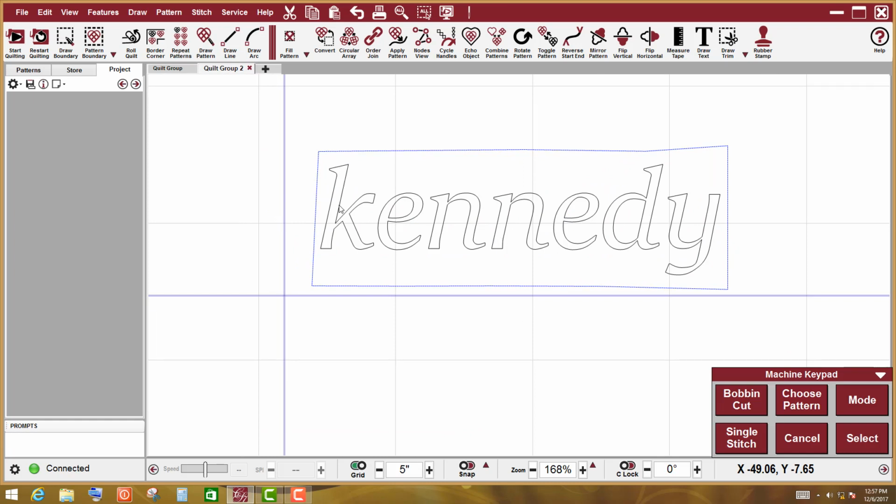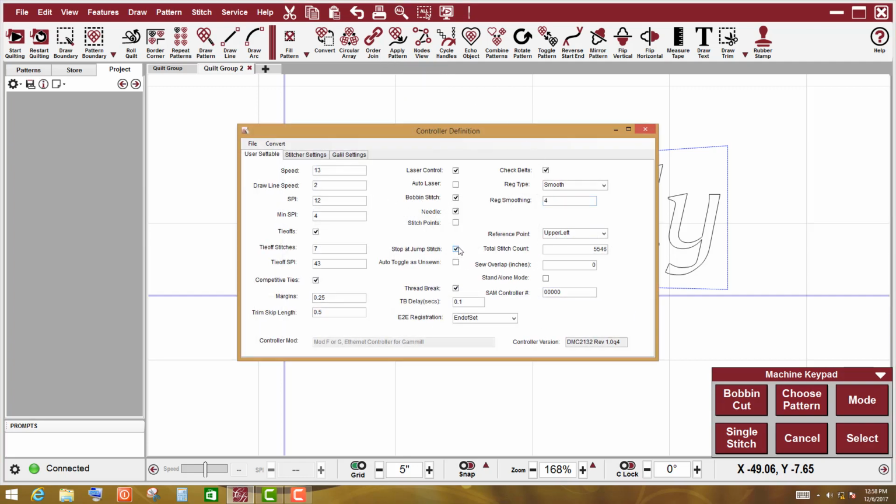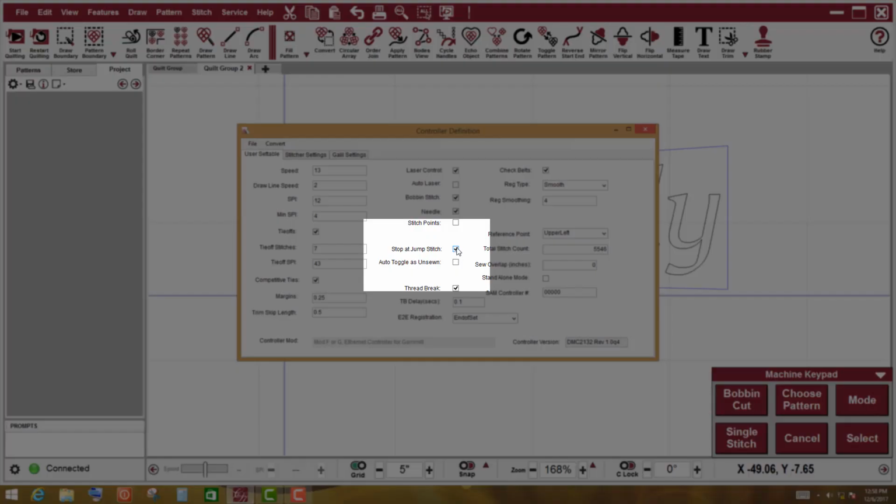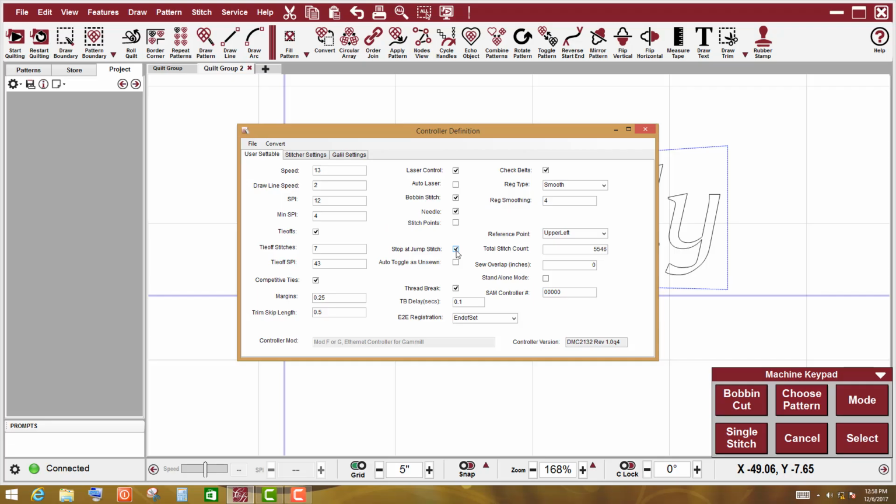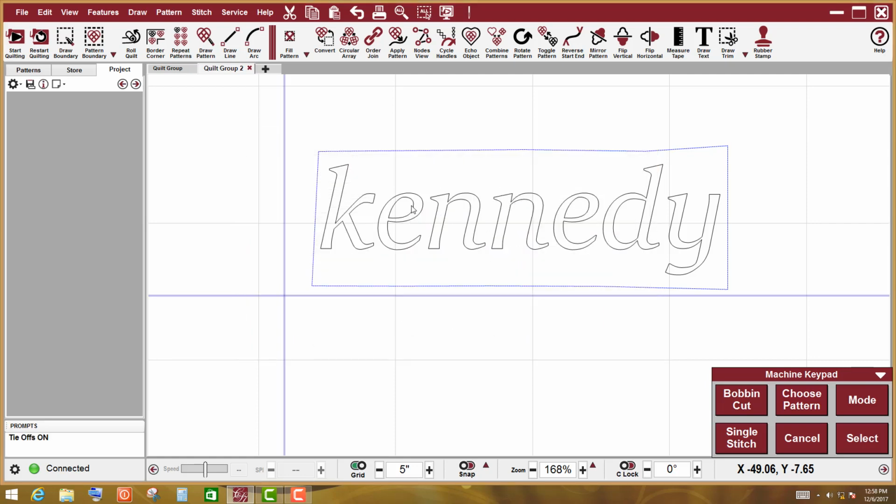Creative Studio is going to sew this first letter, then it will stop before it goes to the next letter. As long as I have in service, technical support, controller definitions, stop at jump stitch checked in this middle column in the center, and I always have that checked. That's kind of a given for me. So it's going to stop instead of dragging the thread from one letter to the next,